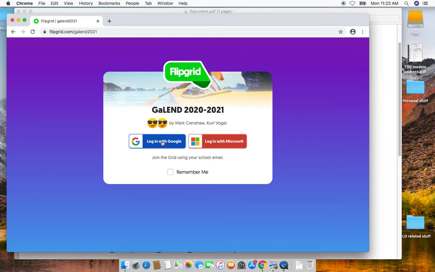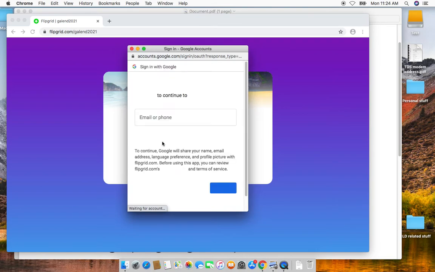Here, if you are using your Georgia State University email account, you'll click login with Microsoft, and if you are using your Gmail account, you'll click login with Google. Since I'm going to use my Gmail account, I will click login.